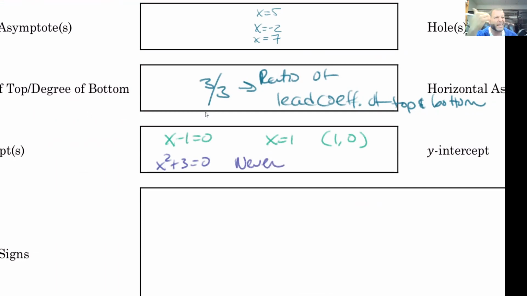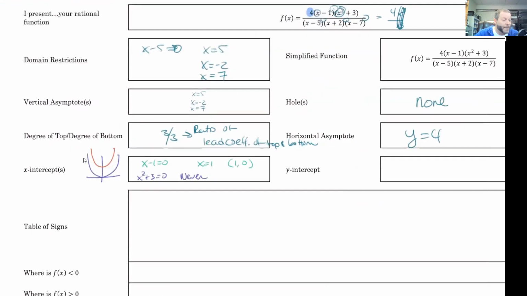And this is also where understanding functions can help us out. If you looked at x squared, we get a parabola. Normally, x squared would hit the x-axis at the origin. But if I shifted up 3, then what did hit the x-axis is now never hitting the x-axis. So there's going to be no real roots for that equation. And another key thing, which is going to be nice on the table of signs, is that x squared plus 3 is always